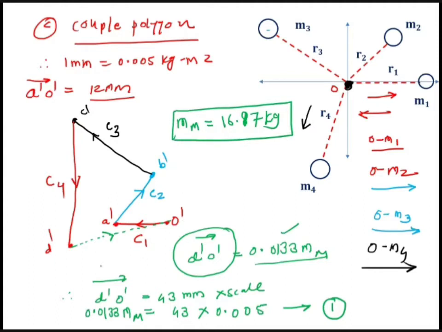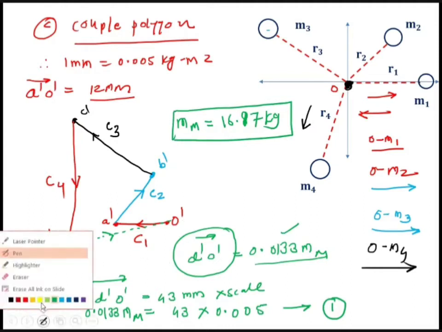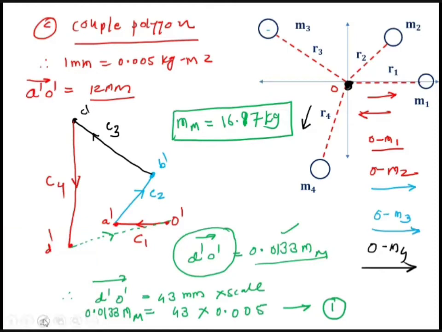Now once you have got this mm, obviously you will also get the angle. What is the angle? The angle is nothing but the balancing angle, the angle at which this mm is positioned. We always have to measure the angle from the anti-clockwise direction. So draw a line parallel to the starting point of the vector, D dash. Draw the line parallel here, and from this parallel line of the starting vector, measure the angle.